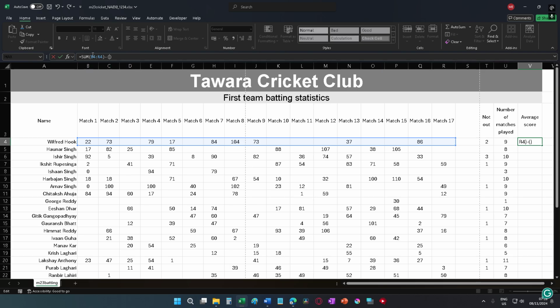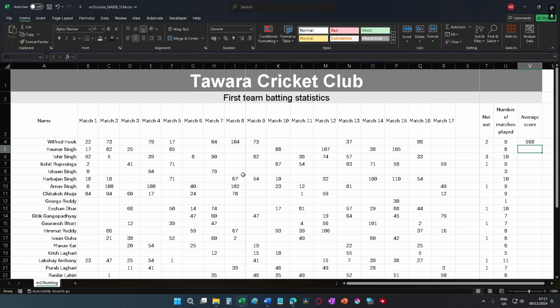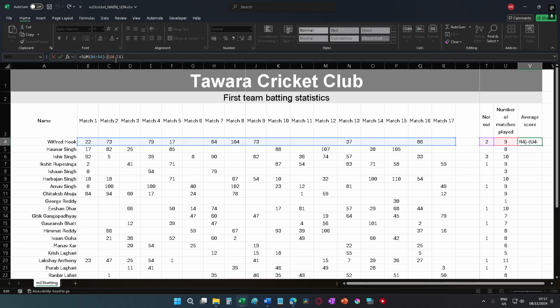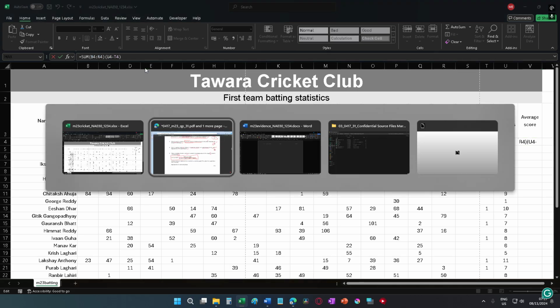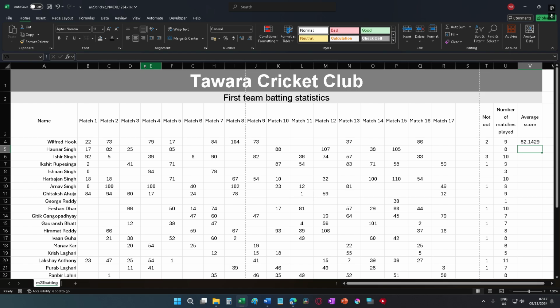I hope you just have a look over here. So this is the total runs, and now we just need to say what is the number of matches played. Here is the number of matches played, so I can just say that number, so U4, and I'm going to subtract how many not out, and that is the average score. So the sum of that, oh no, I said minus, my bad. It is divided, so I'm going to divide that, and there we have